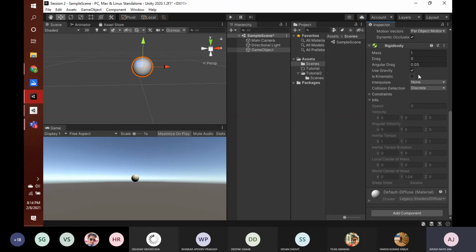Addition of rigid body enables it to interact with the physical aspects of the game engine, and then it follows the rules of physics. Okay, now, I think for today this is it. There are a few concepts like collisions, but we have a separate session for that, and I think the time is also up. So yeah, this is it.